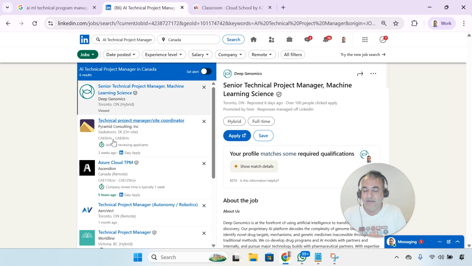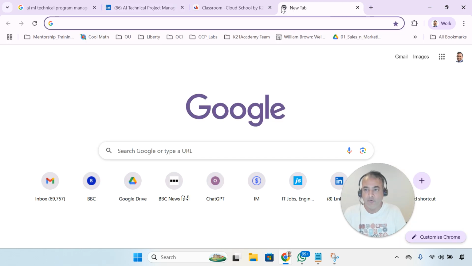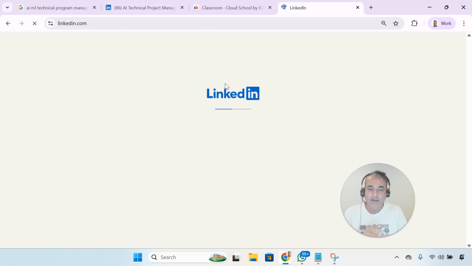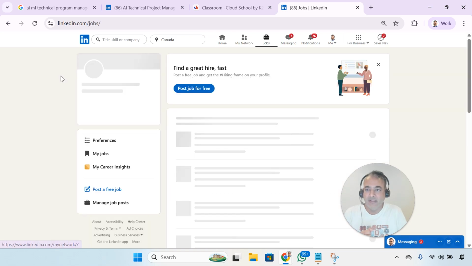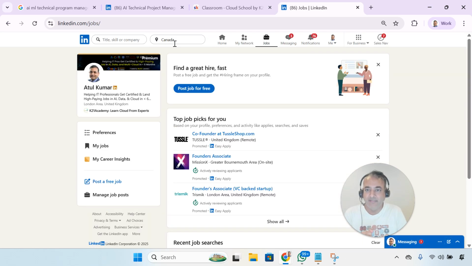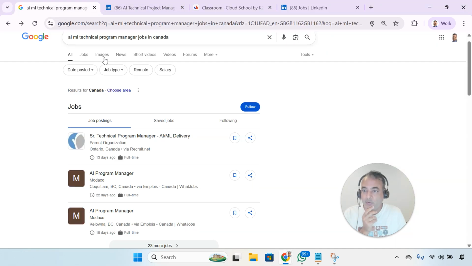Another is LinkedIn. On LinkedIn, just search for jobs. There'll be a section called jobs here when you go, and let me show it to you again. If you're not part of LinkedIn yet, go and join LinkedIn. And inside that, there'll be jobs. And then here in jobs, you specify the skills and then the location for which you're looking for the job. Now going back to here, if you look at the senior technical program managers,